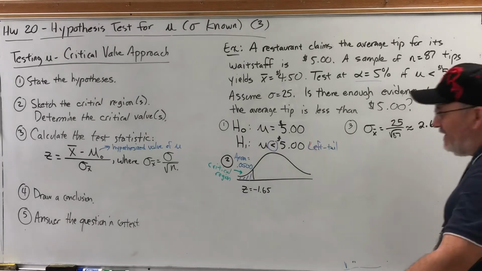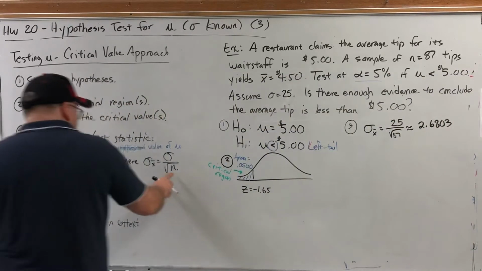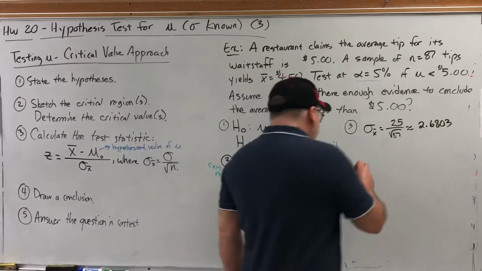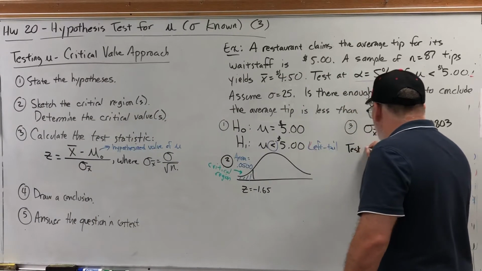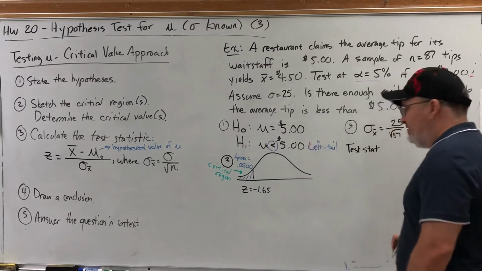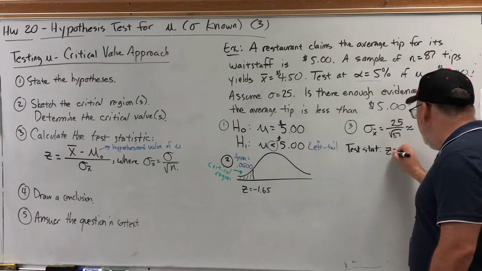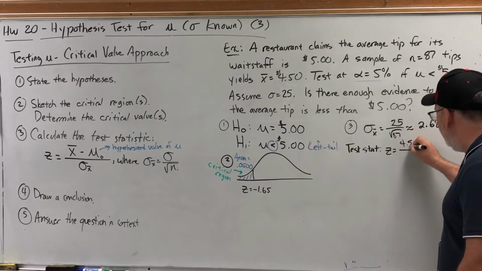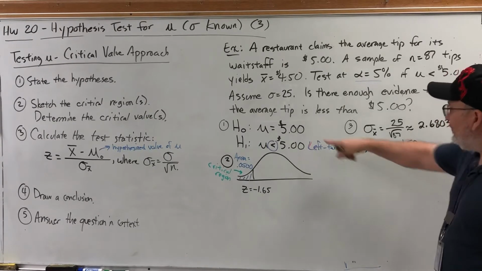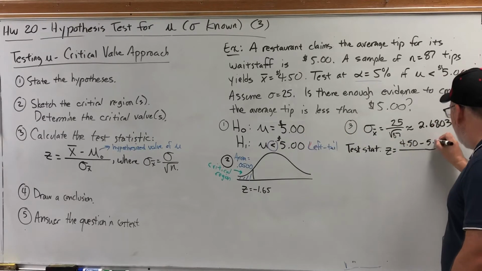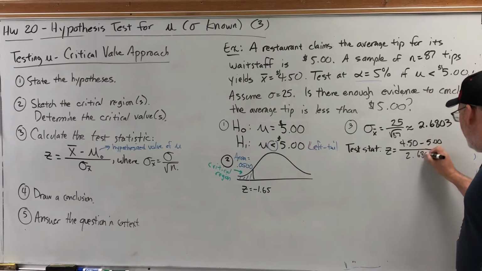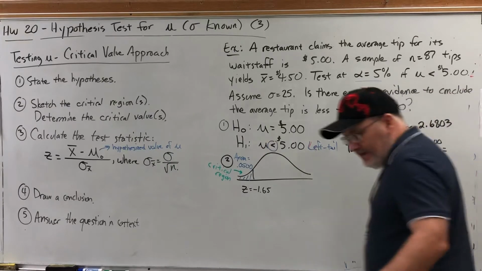Now that's not our test statistic, that's the denominator of the formula to calculate the test statistic. So the test statistic, I'm just going to write test stat, is z equals what we got from our sample, which was $4.50, minus what they're claiming in the null hypothesis, $5, divided by the standard deviation of the x bars that we just calculated, 2.6803. And if we put that into the calculator,